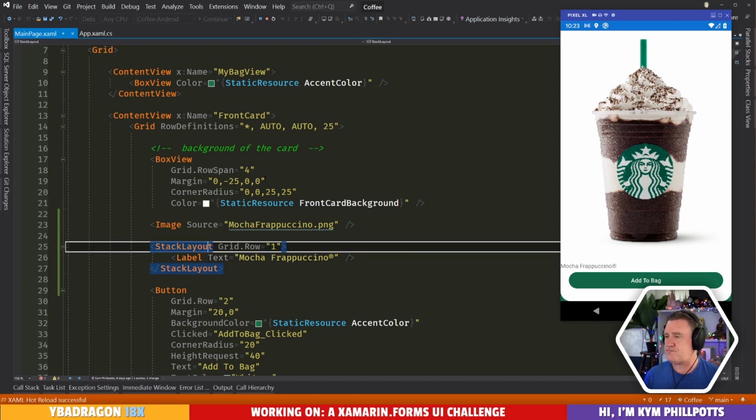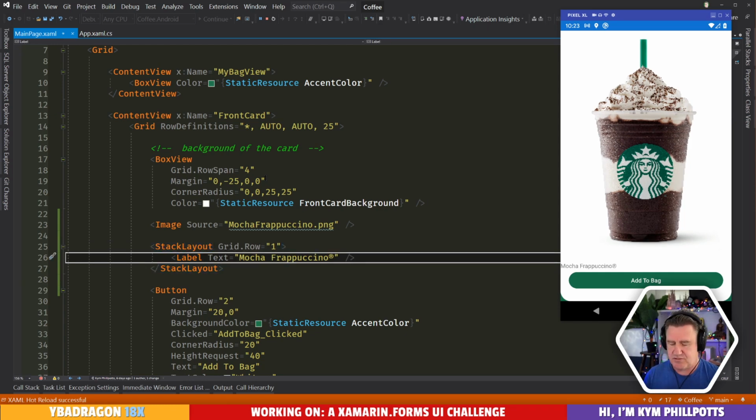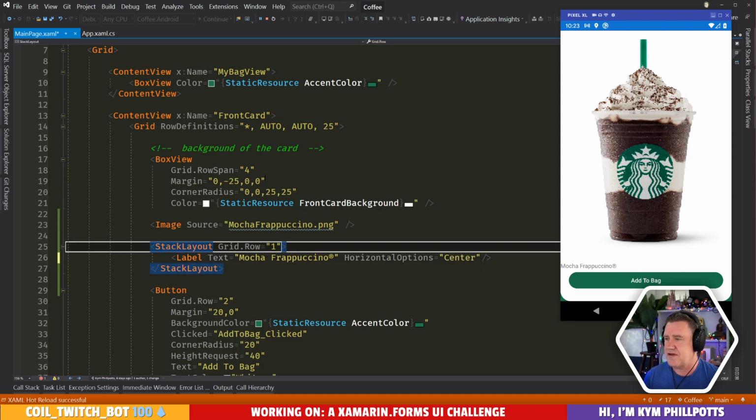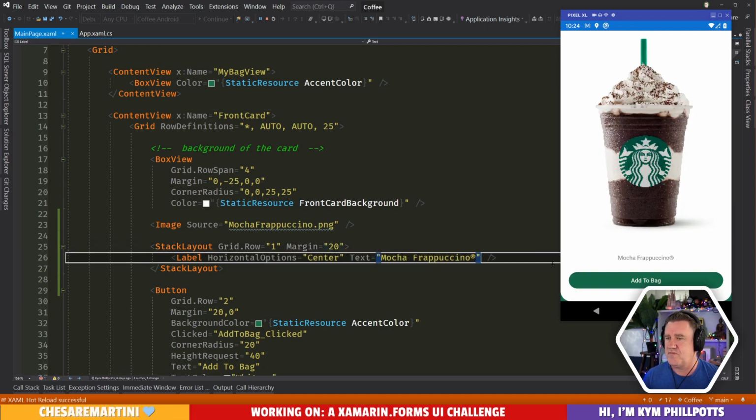All right. I think this wants to probably be centered. In fact, I think this will want to have a margin. Beautiful.